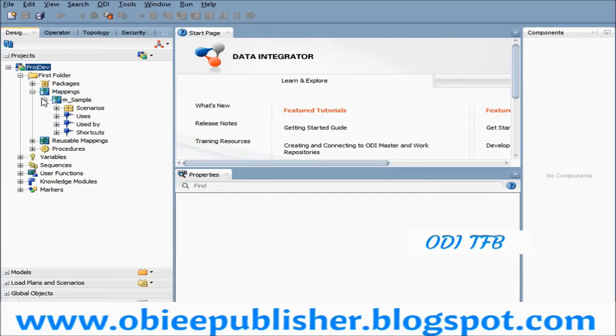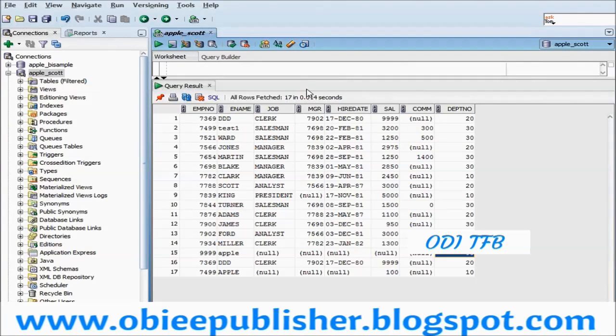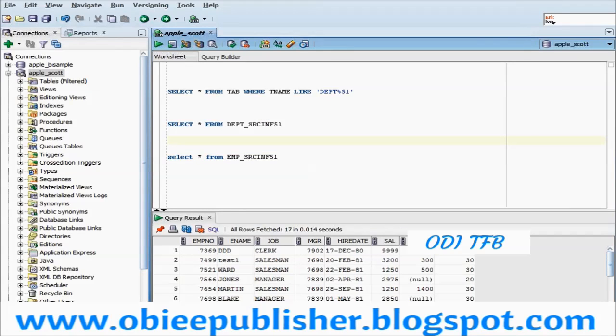Say for example, I want to take some data from a database and load it into another database table. We have seen a couple of examples. Say for example, how